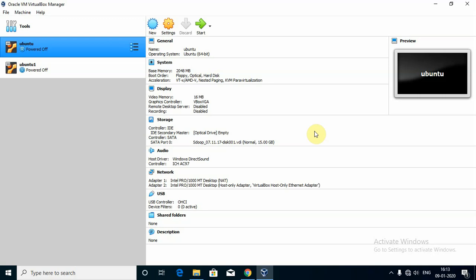In my previous videos, I showed you how to install Ubuntu 18.04 using Oracle VM VirtualBox. I have two machines inside this VirtualBox, Ubuntu and Ubuntu 1. If you want, you can also change the names, but I did it very intentionally to show you how to